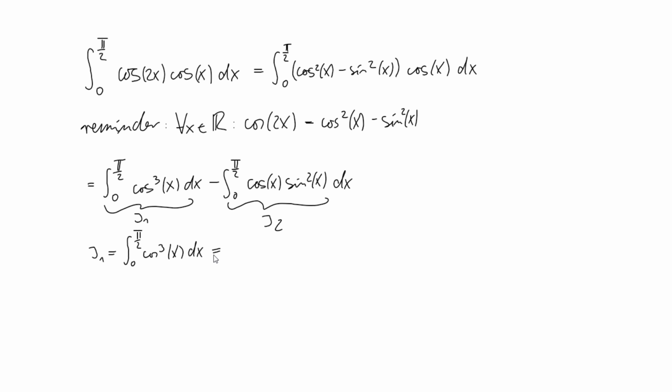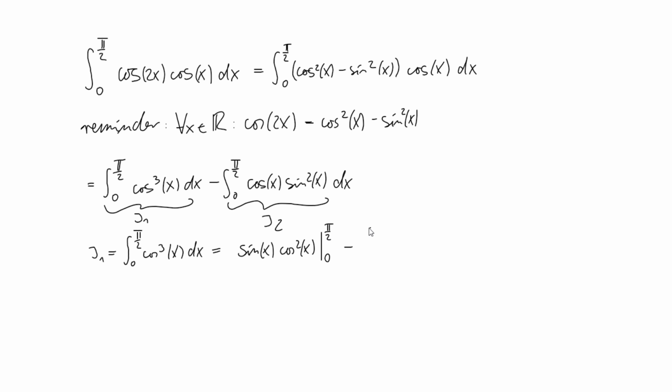So we can write this as cosine times cosine squared, and I think we should integrate the cosine. The antiderivative of the cosine is sine, so we have sine of x times cosine squared of x from 0 to pi over 2